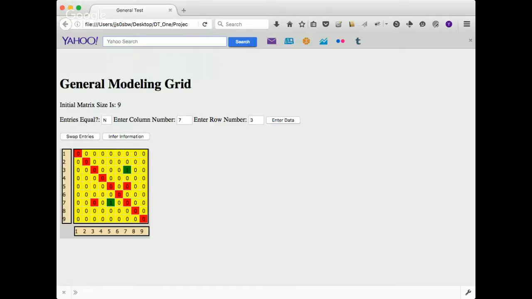But the green is in the upper triangular. What this process does is we want all of the greens in the lower triangular. When we get done, once the cities are ordered, the structure should be all green and blue in the bottom and all red or yellow in the top. So we need to swap these entries, which we do here.